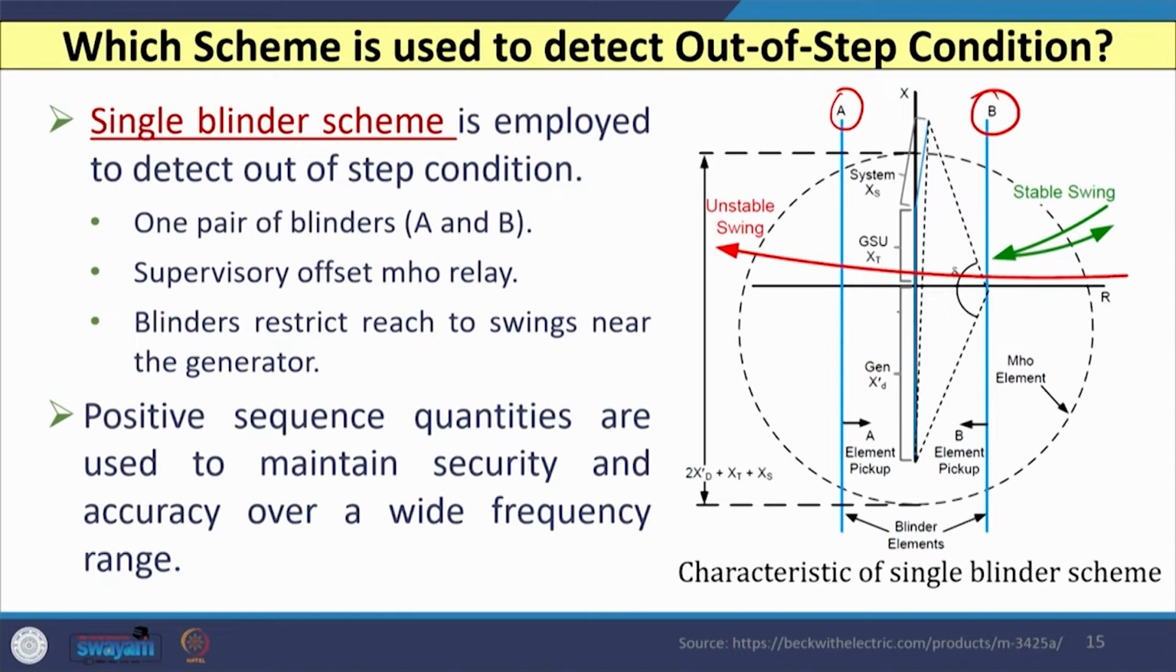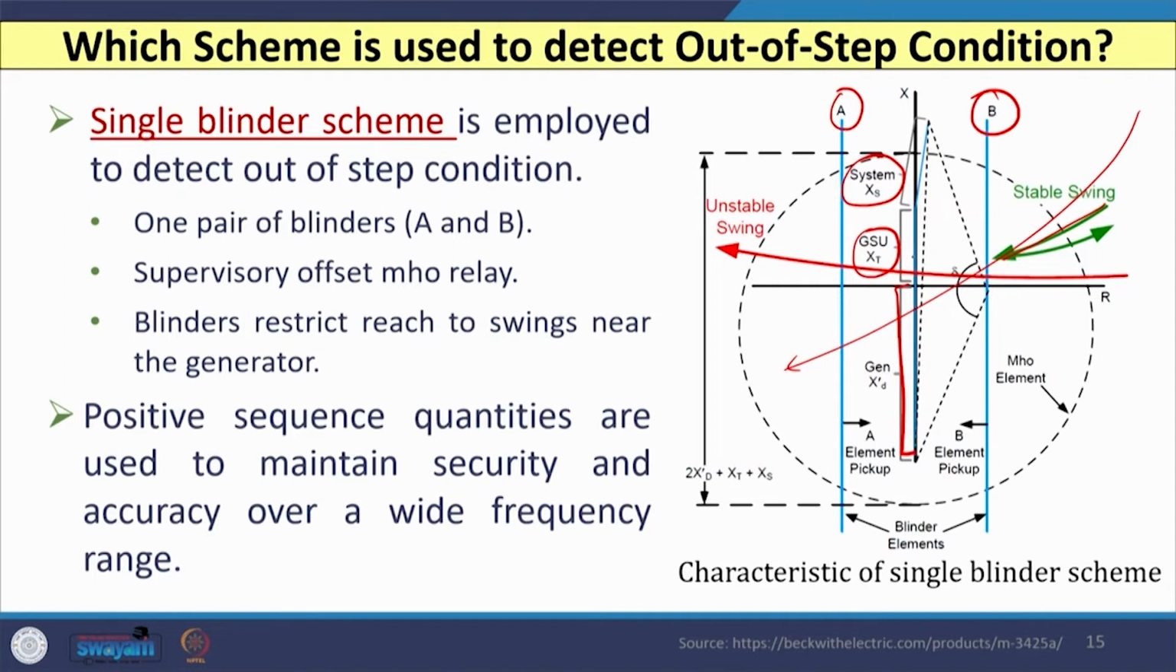out in such a way that it will cover the generator Xd' value, it will also cover the adjacent generator transformer impedance or reactance, and some system reactance is also there, and then the value of this delta that is observed. So, whenever a stable swing is observed from this side, the locus of swing will travel like this. So, when this stable swing enters the first blinder B, and when it reaches out of this blinder A,